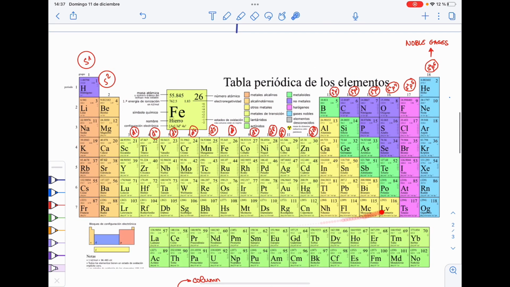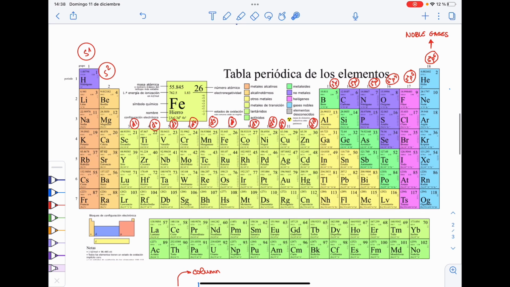In the periodic table of the elements, we have different groups and different periods. The groups are the columns and the periods are the rows. Okay, and we're going to see something now that you also have to learn, which is that on the periodic table of elements we have different groups, the columns, and different periods, the rows, and then you have to know